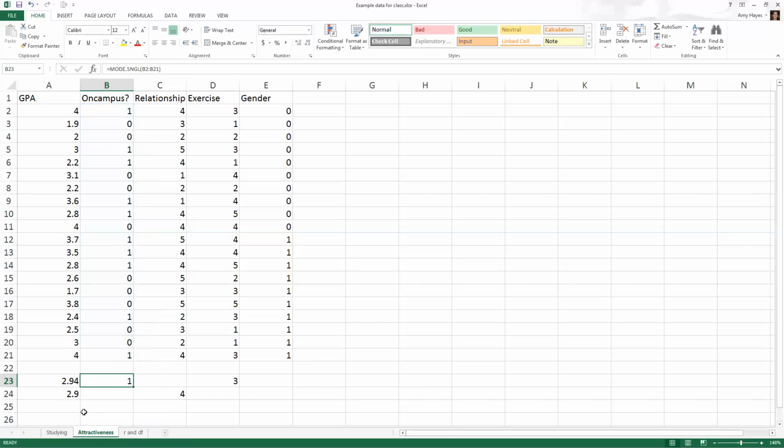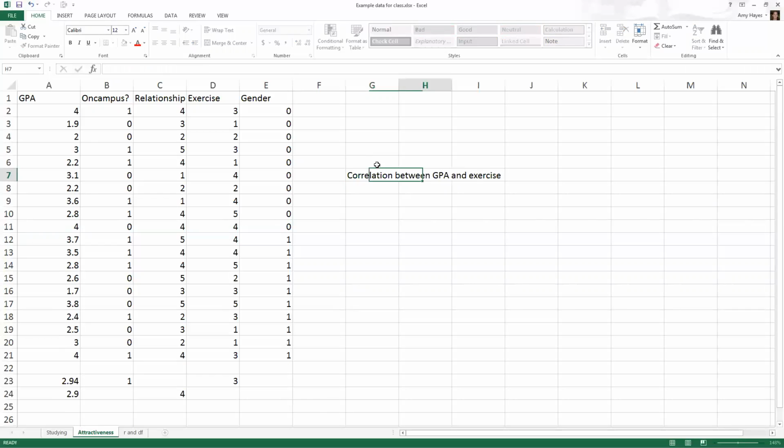So like I mentioned in class, if you have a categorical variable that you've coded as 0 and 1 for gender or living on and off campus, you can actually do a correlation with those variables if you have them coded like this. So when you're going to run a correlation, start over here in a new cell. And just another tip, anytime you're running one of your really important tests for your hypotheses, I like to type a little label next to where I run the test so that I know what that number was talking about. So I'm going to say, okay, I'm going to run a correlation between GPA and